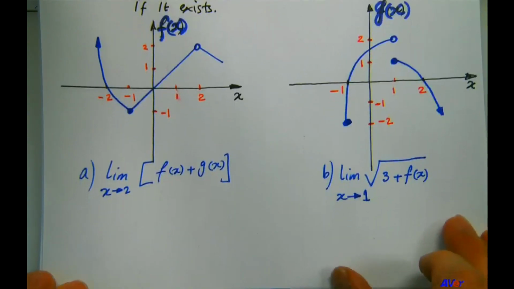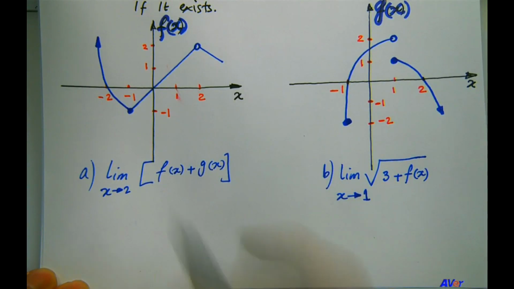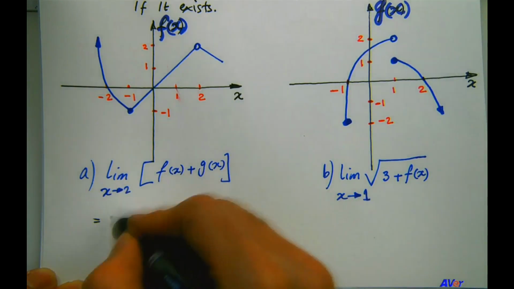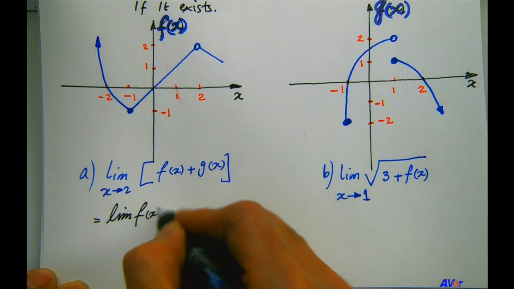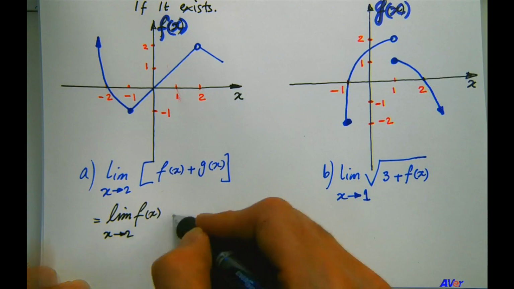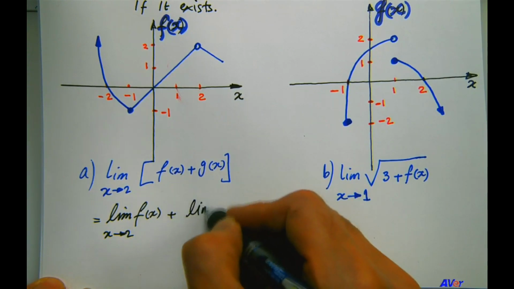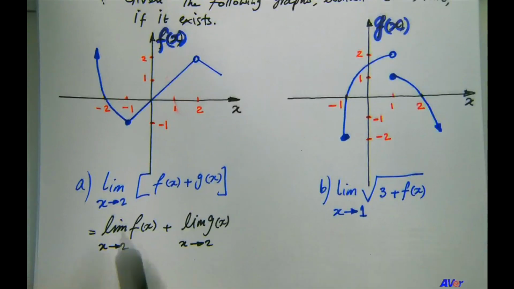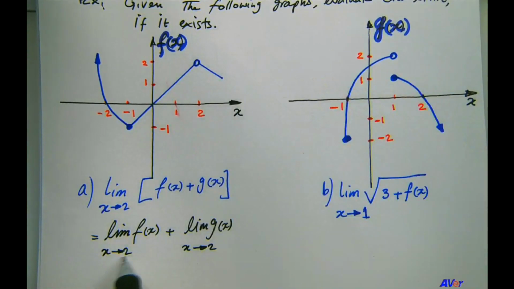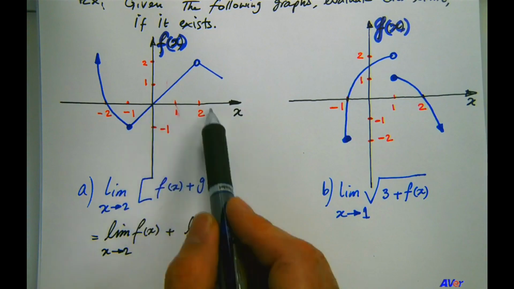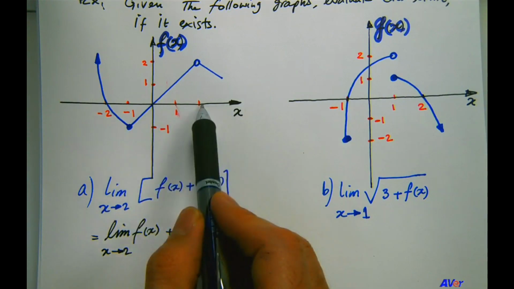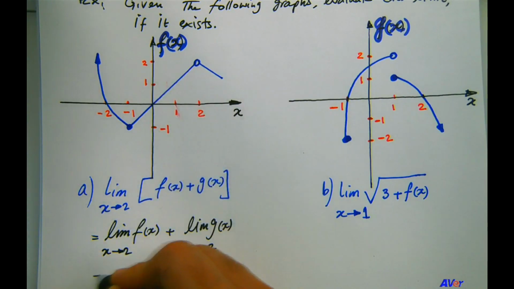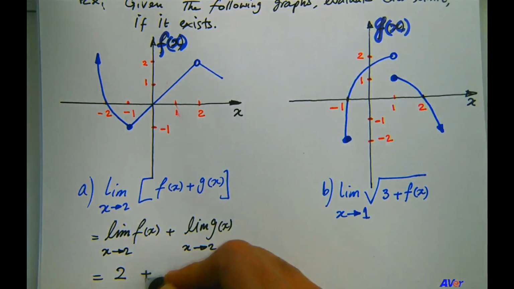All right, so using the properties that we just introduced, we know that this would be equal to the summation of the individual limits, right? So limit of f of x as x approaches 2 plus the limit of function g of x as x approaches 2. Now, the function f of x as x approaches 2, that means from both sides, from the left and from the right, is equal to 2, right? We can read it from the graph. So this one is equal to 2 plus